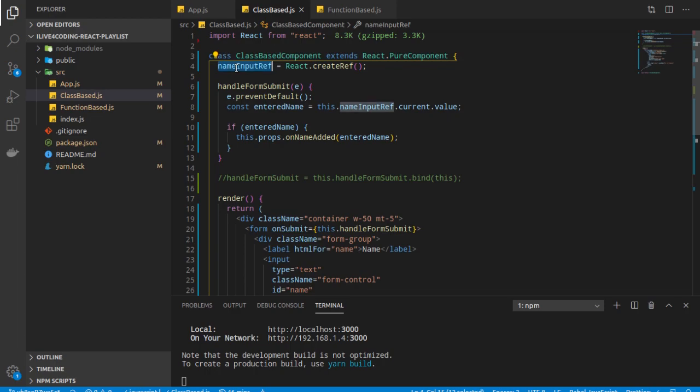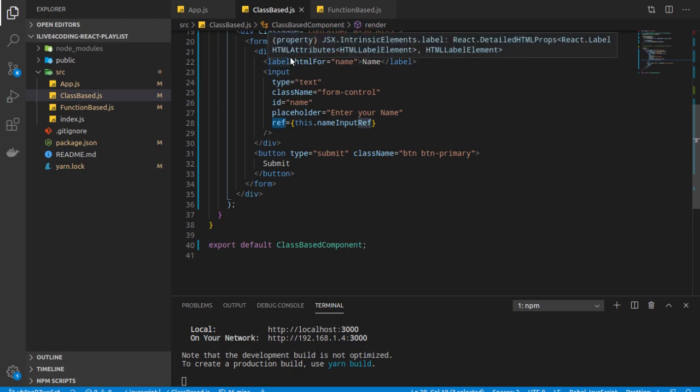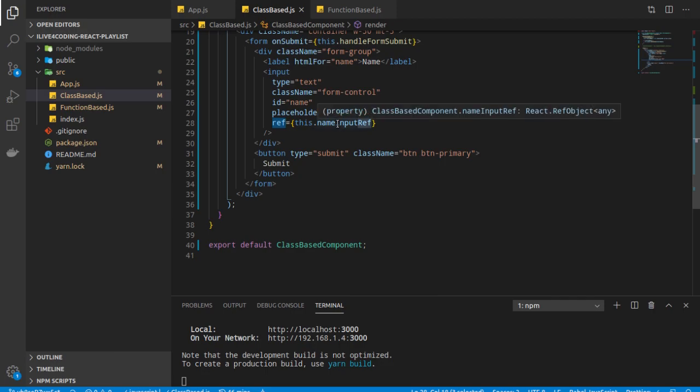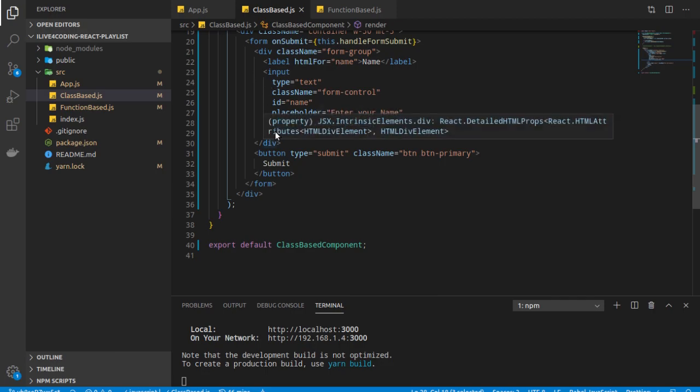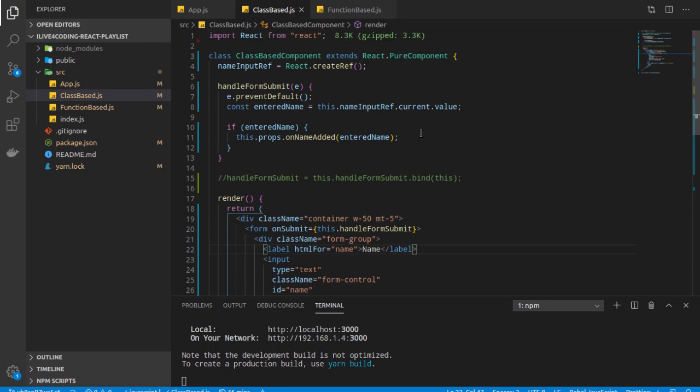Okay, so here nameInputRef is the ref variable which contains the reference to this particular DOM element. This is very important: the ref which we are attaching is now referring to the DOM element. So it means we have access to the DOM, the same way in which we fetch data in our JavaScript code. To get the data from an input in JavaScript, we use value. So the DOM element's dot value gives us the value of that particular input tag.